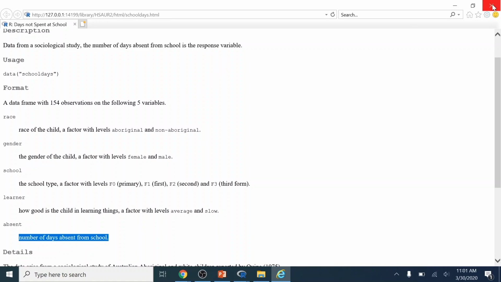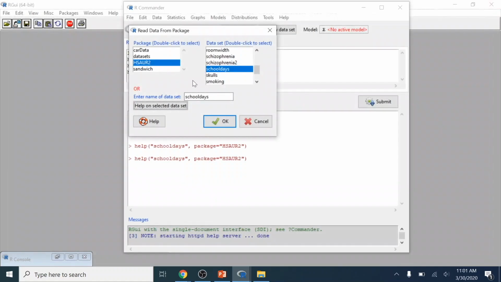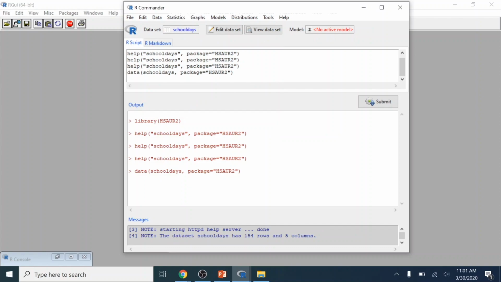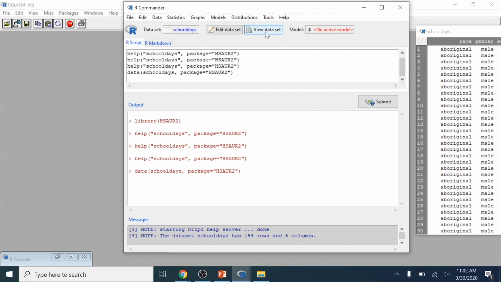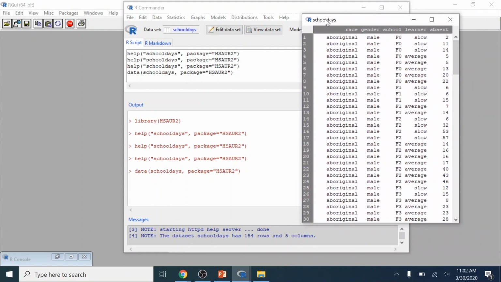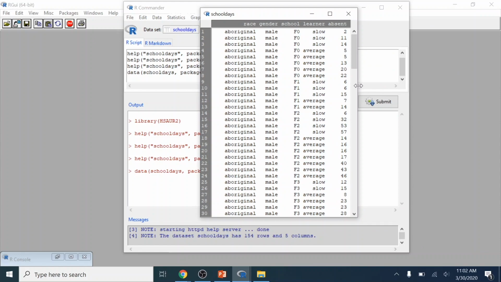So we can go ahead and just close this window, and we still have this waiting in the background, and if we decide this is the data set that we want to use, we will just go ahead and click OK. And now what you see here is the active data set. It says right here data set, and it says school days. So we can also go ahead and go over here and view the data set, which can be really useful. So just click this, and it shows up here on the right hand side, and I'm just going to pull it over here. You can go ahead and just see that all of our variables are right here, and the